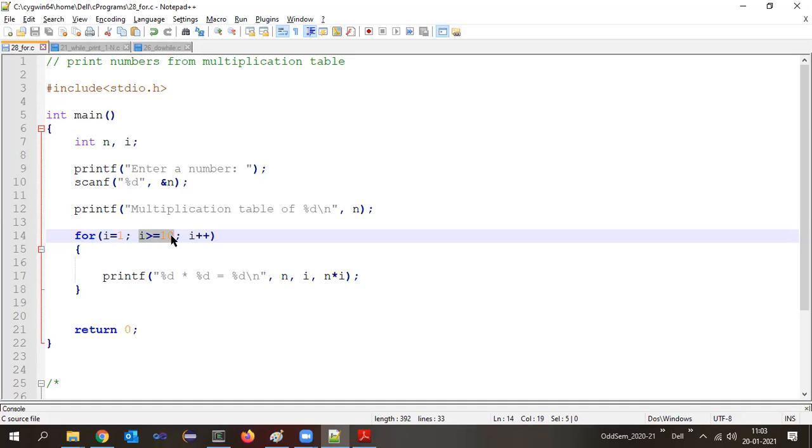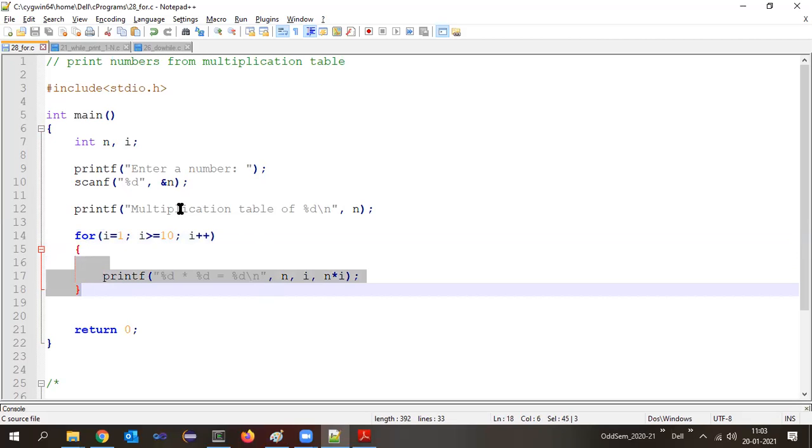So it will skip the loop itself. Isn't it an entry control loop? At the entrance point of the for loop, the condition is evaluated. If it is false, it will never enter inside the for loop. If it is true, then only it will enter into the for loop and execute the program.